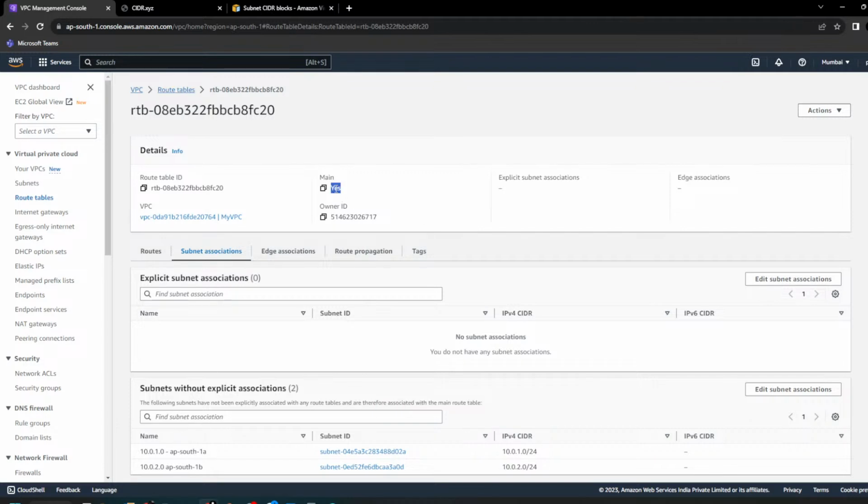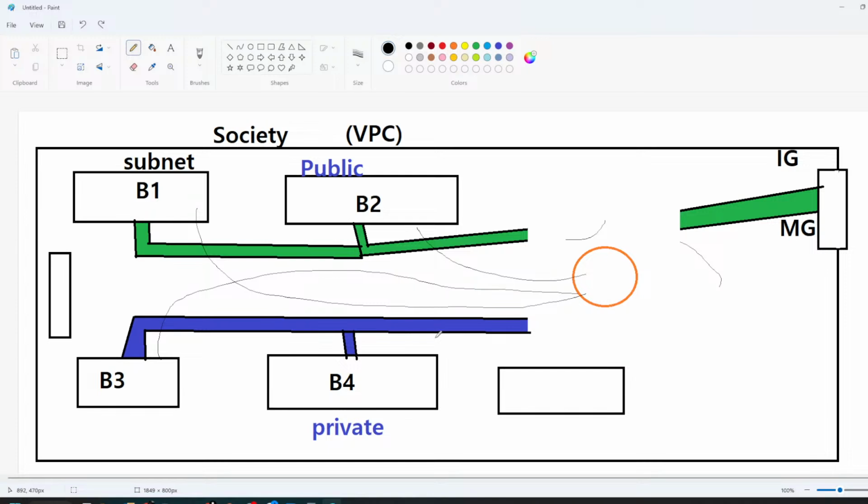वो मेन राउट टेबल में। बेसिकली ये चार रास्ता है ना, जनता का चार रास्ता है, जो भी बिल्डिंग बन रही है उससे अटैच हो जाती है बाय डिफॉल्ट। In other words, if you are creating a subnet, you have to attach one route table to that subnet. अगर आप सबनेट बनाते हो तो एक राउट टेबल को आपको उससे अटैच करना है।